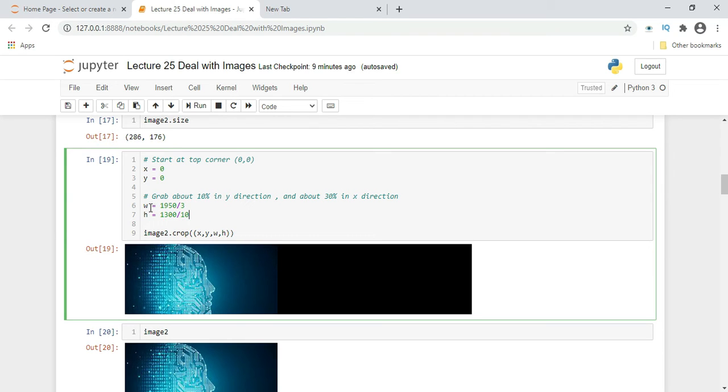So we just give another variable name just for understanding. W is for width, h is for height. Here we are taking a height as 10% of this value, and here we are taking 3% of this value. After that we are running this command where our variable name is, then the crop function, there are braces, inside there is another set of braces, the xy coordinate, then wh, the width and height coordinate.